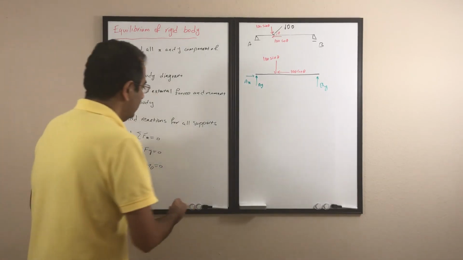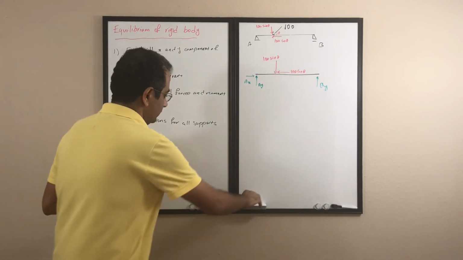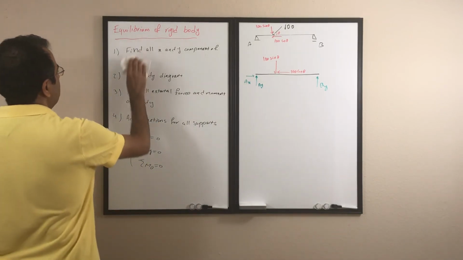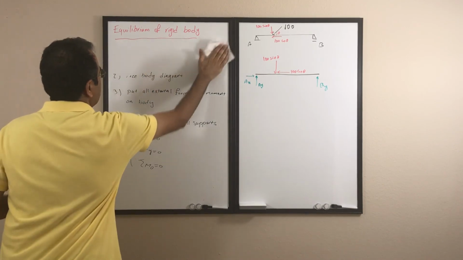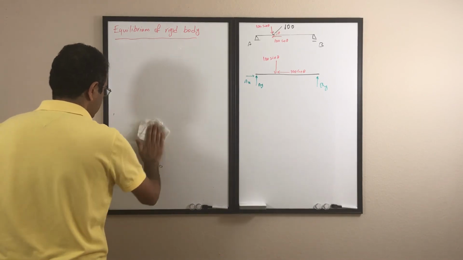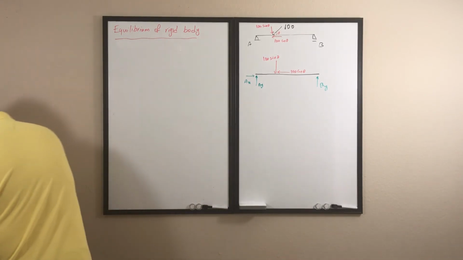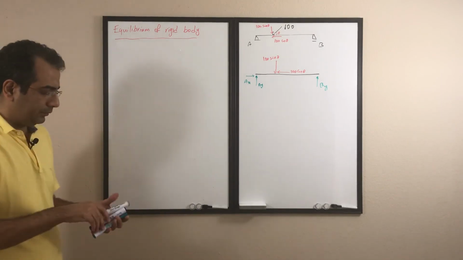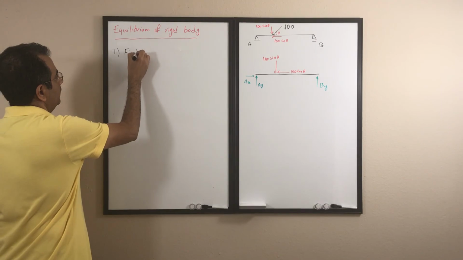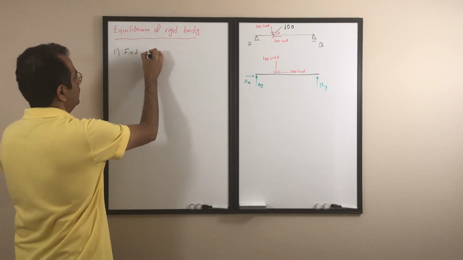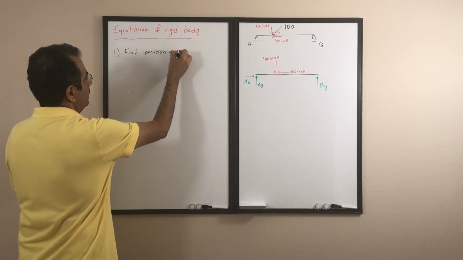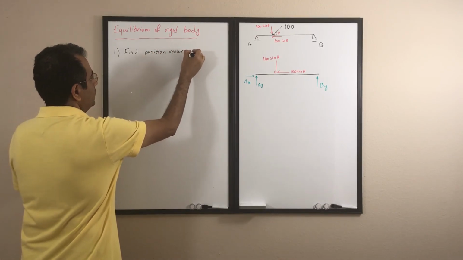This time, if you have the 3D, the very first step, almost the very first step we need to do, is find the position vector and unit vector,